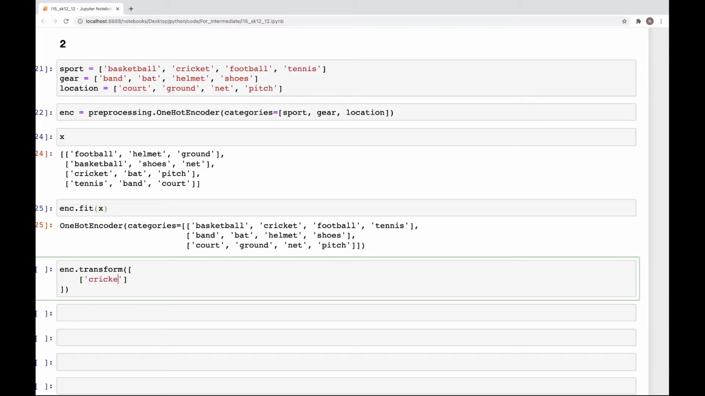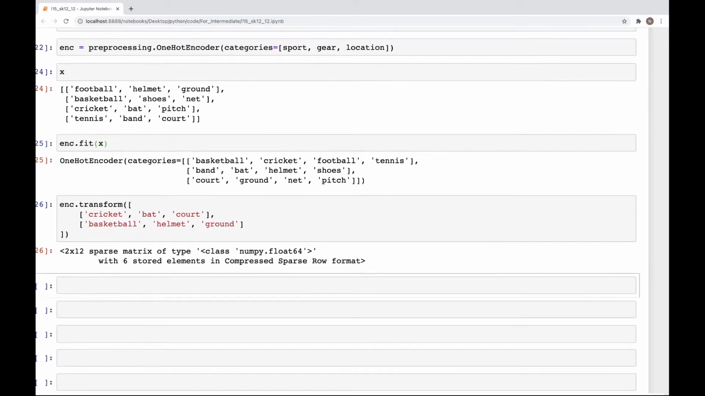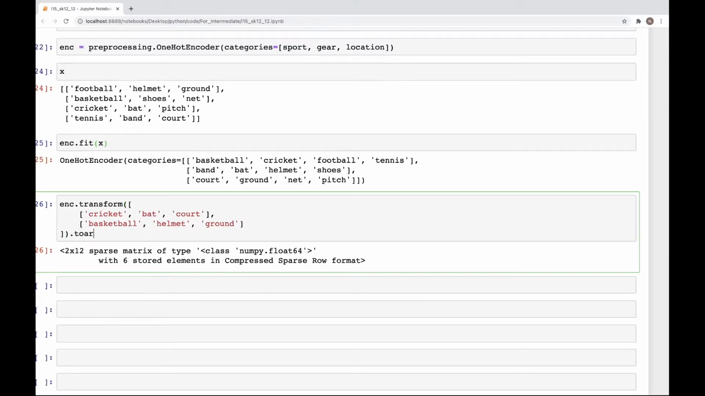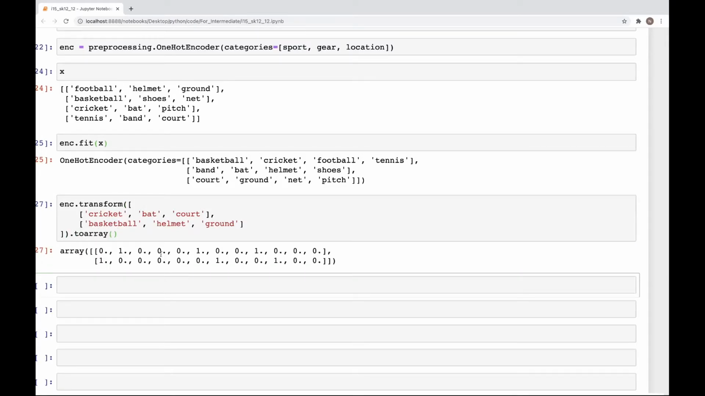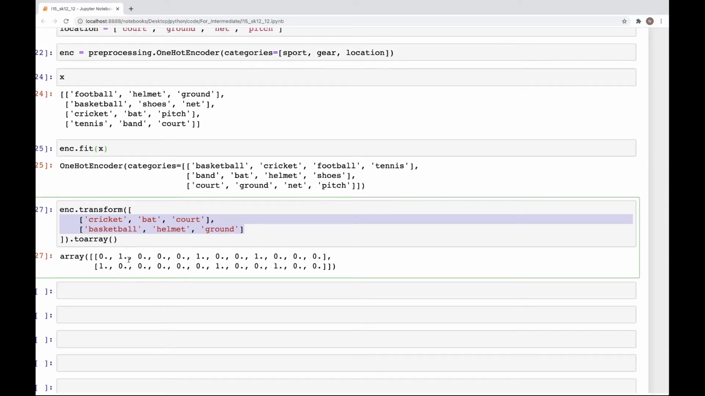So here we'll create another set. Let's say cricket, bat, court, and next one, let's say basketball, helmet, and let's create ground. So now we need to put toarray at the end of this, and as you can see, we have one hot encoded these two lists that we had by using enc.transform,